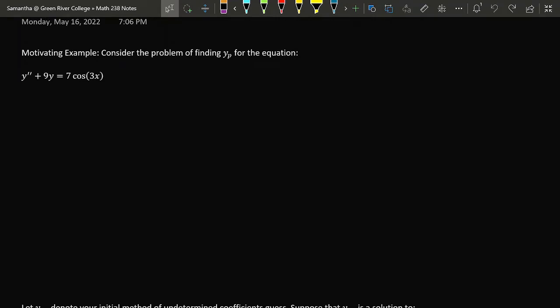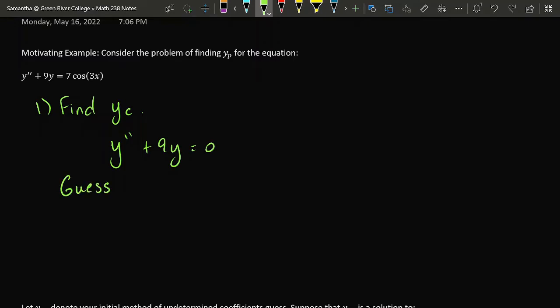We want to solve, or at least find yp for the equation y double prime plus 9y equals 7 cosine of 3x. Now, if I were going to get started solving this, the first thing that I would do is find y sub c. And if I do that, I pass to the complementary equation,